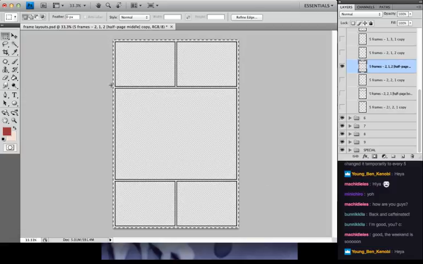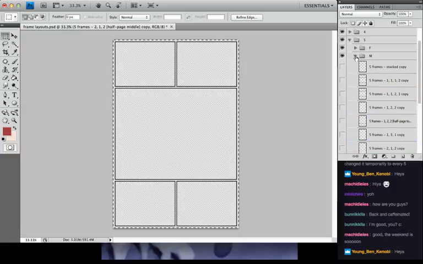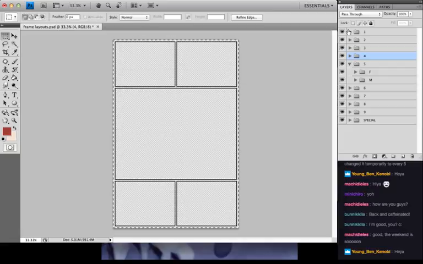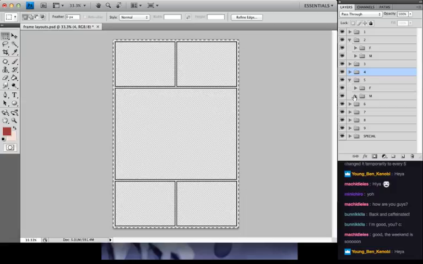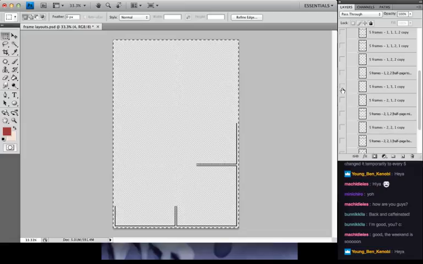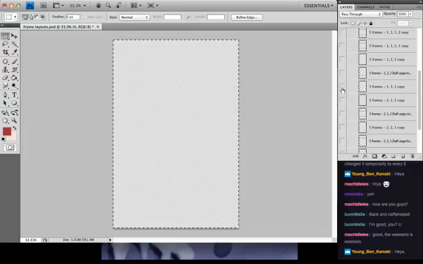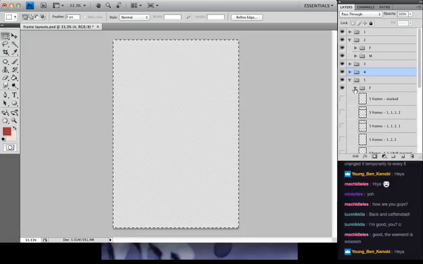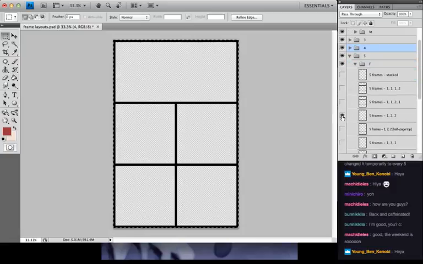So the first thing I do is I go in my frame file, which is obviously huge. I have all of these. Oops, cancel. I've divided it by number of frames. So you have 1 frame and then the 2 frames. So this is everything with 5 frames. And then I have the minimal layouts and then the full layouts. So that's the difference between the ones that have the spaces in between them and the ones that are just